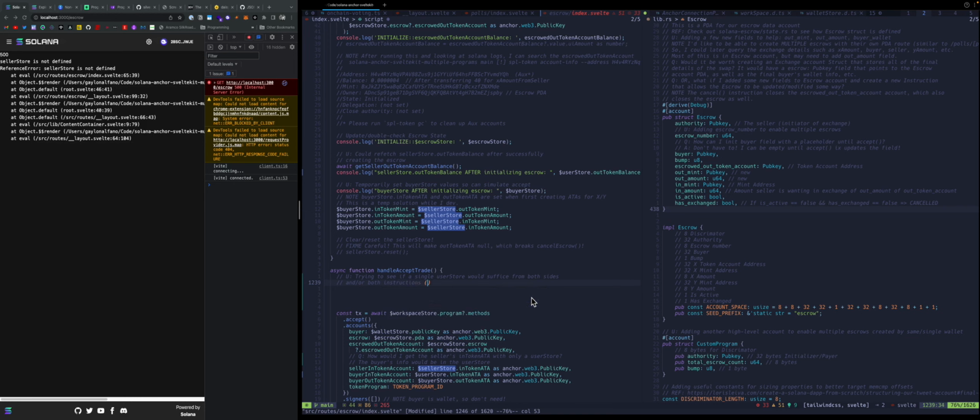So meaning create or accept. And I guess this would go for cancel as well, but cancel, it's the seller's perspective. Create is the seller's perspective. Accepting a trade is the buyer's perspective. So